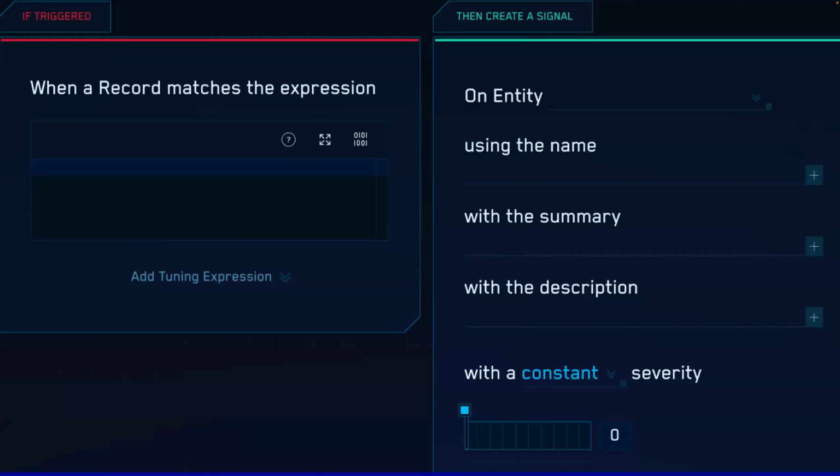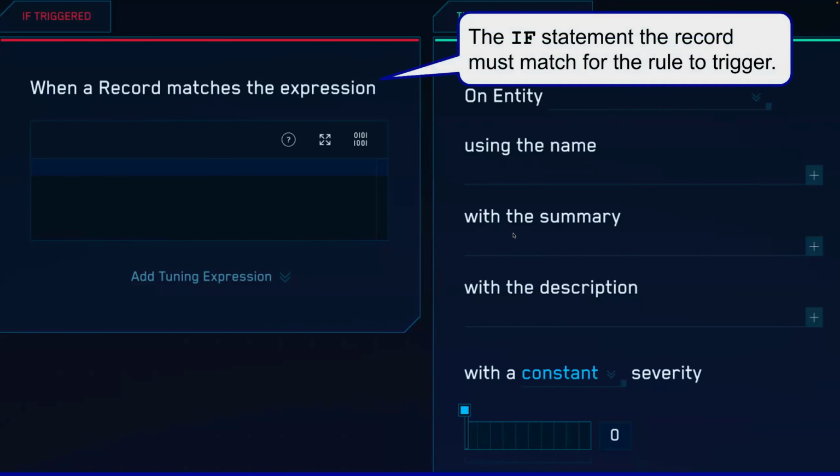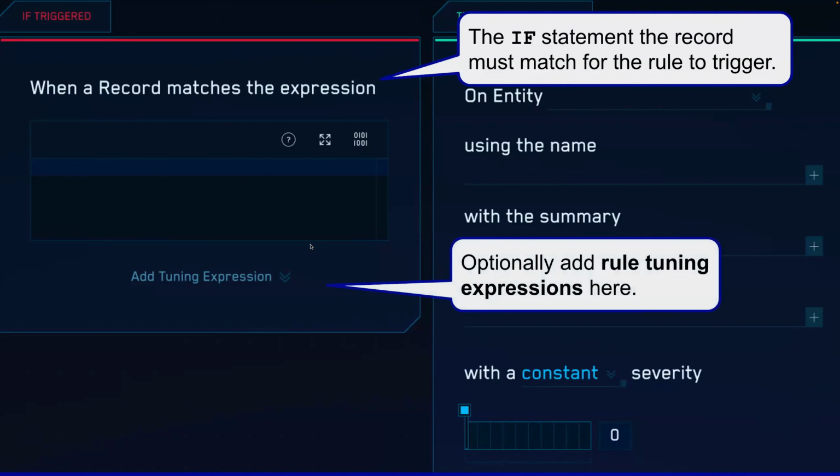Now, what I'm showing here is a blank rule template within Cloud SIEM, and you're going to see this shortly. When a rule is created, you need to configure the conditions it's going to match. This is going to be a short piece of code, and it's going to depend on the rule type that we're creating. We can also add rule tuning expressions that are going to be exceptions to the rule appended with an end